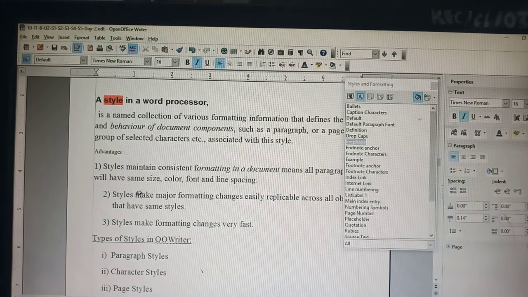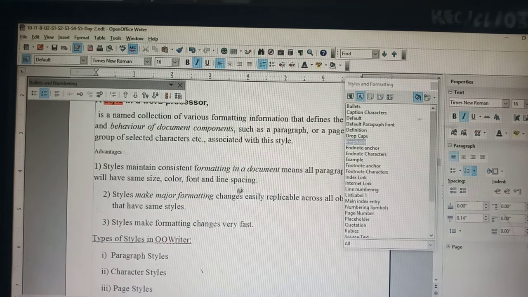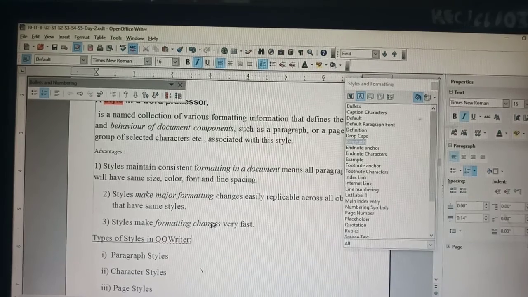Suppose you want to change this part, apply it again. Whatever part you select, fill format mode changes it to emphasis. You can select any and try this. Like this I am going to change. See, it will be in emphasis mode now. So this is your fill format style.